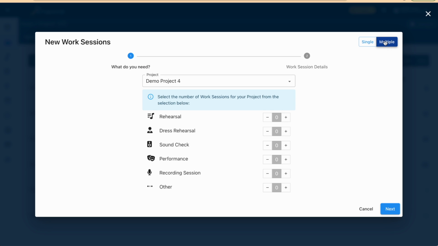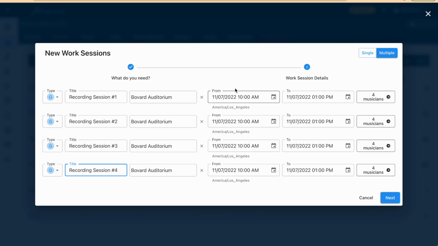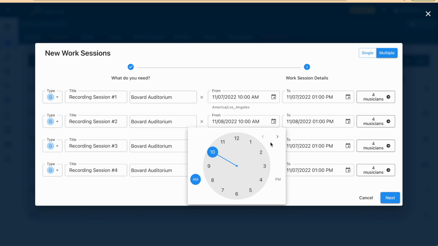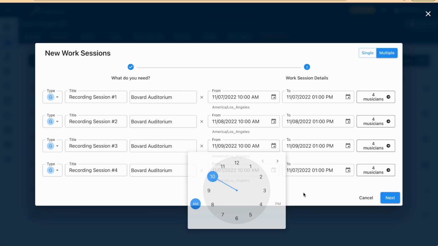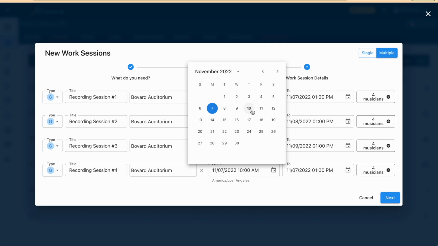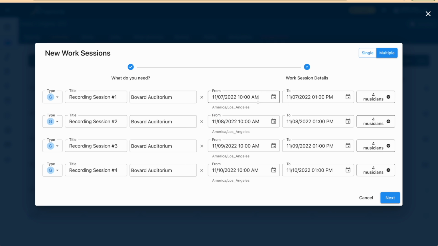And this allows us to create multiple work sessions. So clicking the multiple button of this pop-up allows us to create, let's say, 4 recording sessions at the same time. As you can see here, we can select the dates in the future. Just clicking out of that to just select the dates. As you can see, it'll preset based on the time of your first work session,